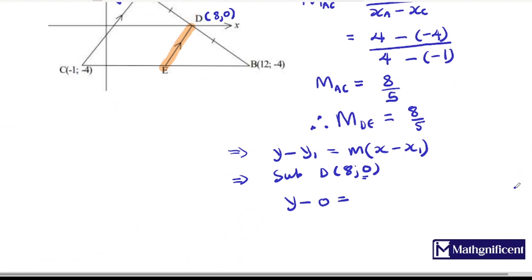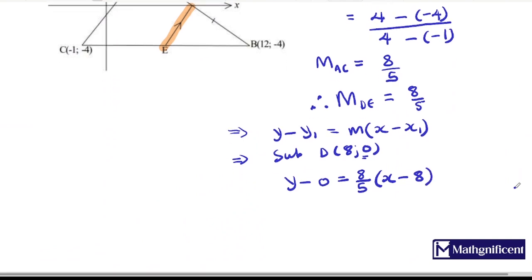And then what's our gradient? Our gradient, we know that it's 8/5. Then we say x here. And then what's the x value of D? The x value of D here is 8. So this is what we have, right? From this, we are going to say y minus 0, it's going to give us y. Then 8/5 multiplied by x, we are going to get